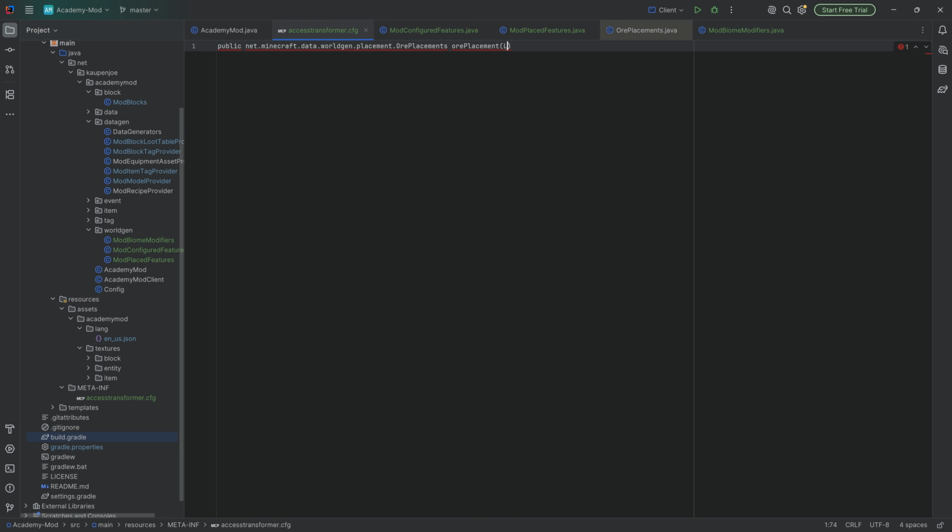So if you had an integer, which we're going to see in a second, it would not be L, it would be I, for example, or B. But we will also link a really good wiki article from NeoForge themselves down in the description below. Highly recommended to check that out. And this is under